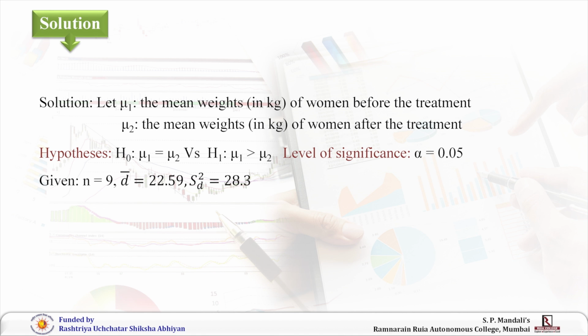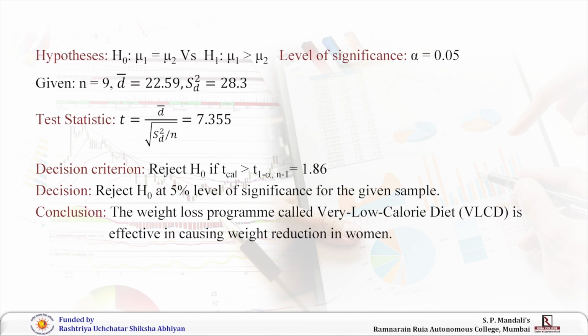If we take the difference between xi and yi, the value of d bar is 22.59 and the standard deviation is root 28.3. So, the value of t calculated turns out to be 7.355. The decision criterion will be reject H0 if the calculated value is greater than t with n minus 1, that is 8 degrees of freedom, and the table value turns out to be 1.86. Hence, the decision will be reject H0 as 7.3 is greater than 1.8 at 5% level of significance